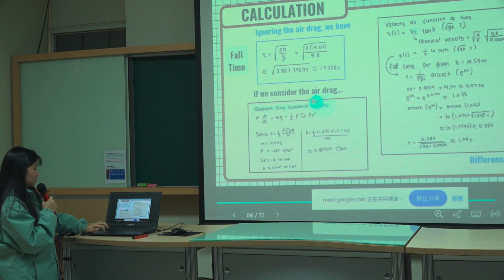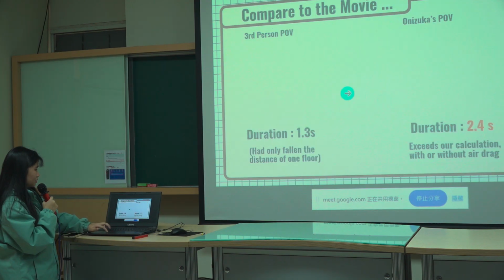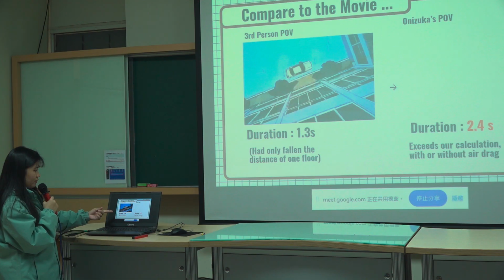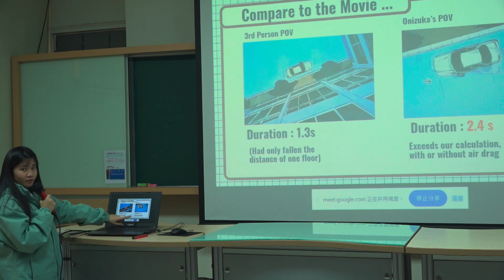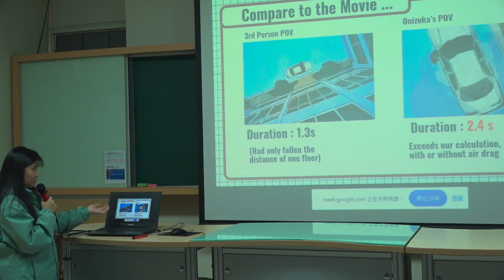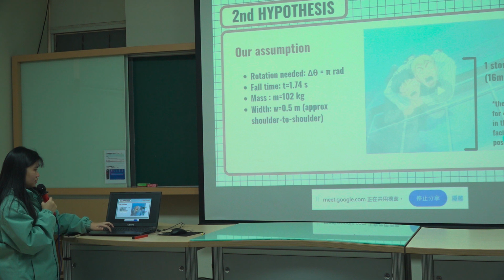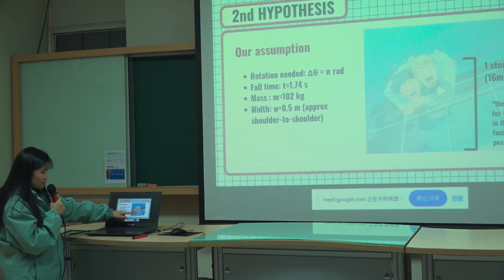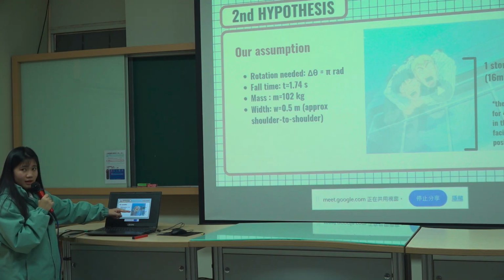The first POV is 1.3 seconds, and the second POV is only one POV, but it already exceeds our previous calculation. So I think our hypothesis is true. And the second hypothesis: first, they already jumped. They have a shadow, so they still jump